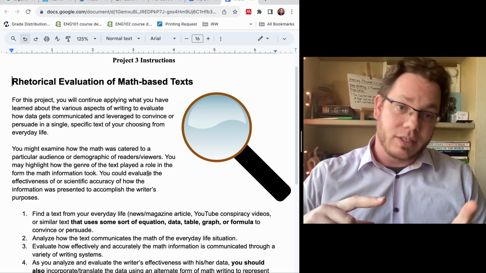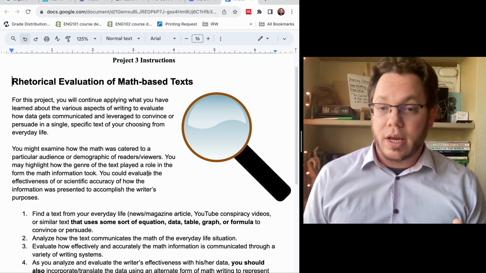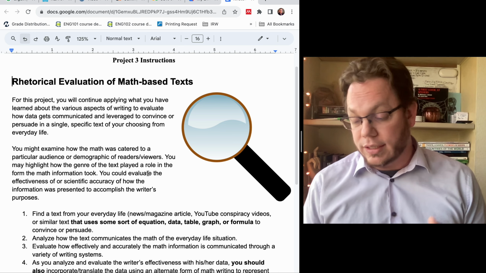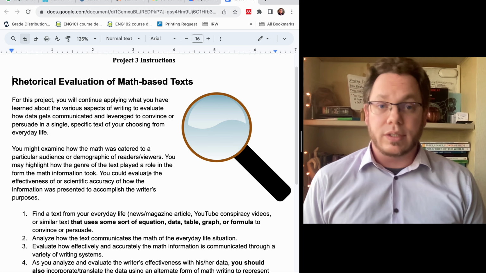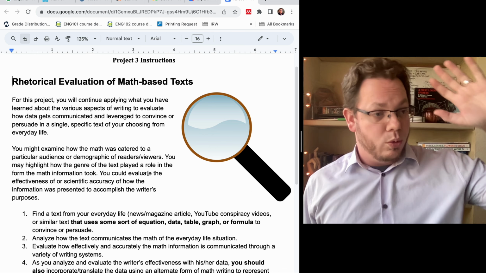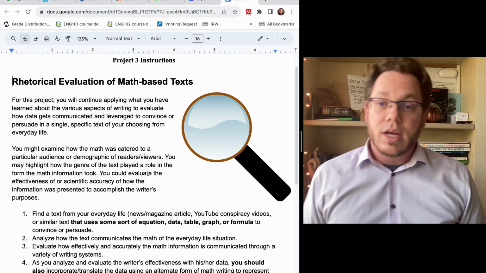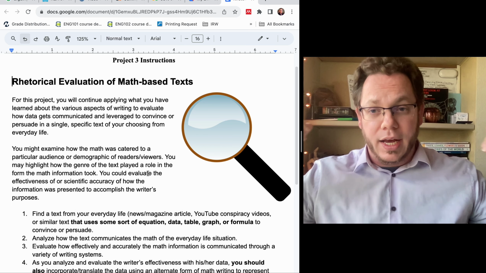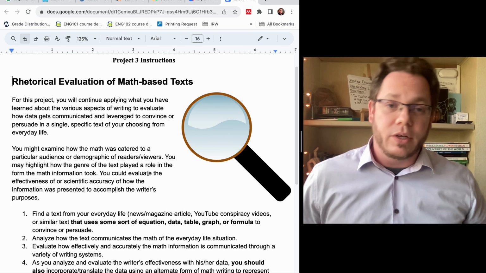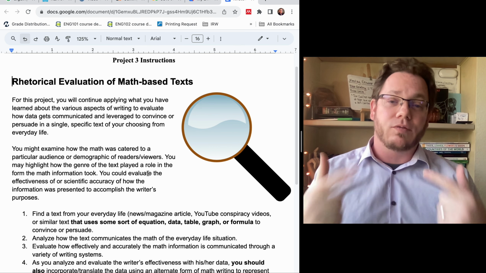The other side of this is it is a rhetorical evaluation. So it's not just saying here's what this text says, or why this text matters to me, or what this text means for sports, or for video gaming, or for my career, or for buying a house, or whatever it is. It's not about what the coolest TikTok video is. It's not about the content, it's about how the content is framed and presented.